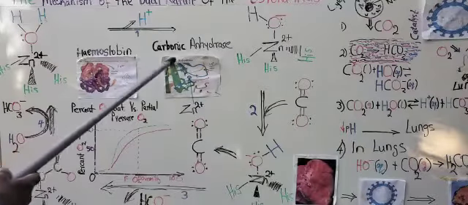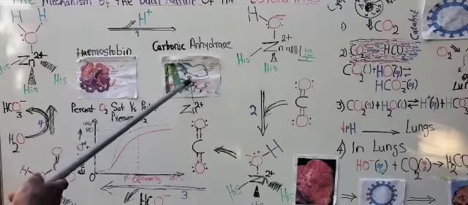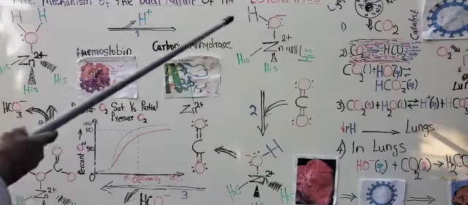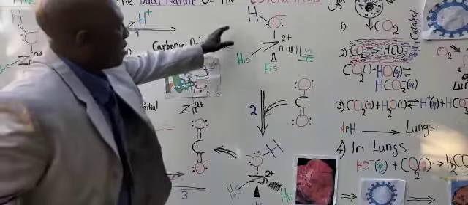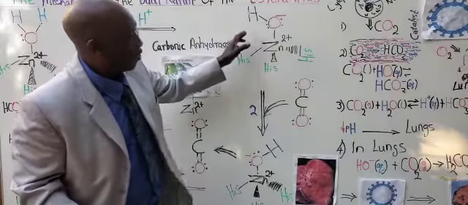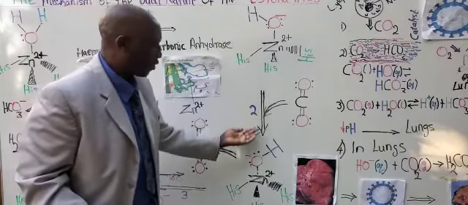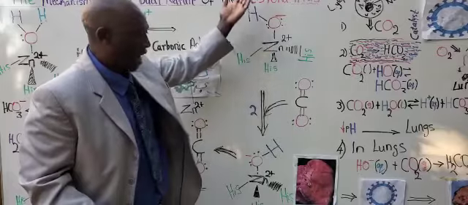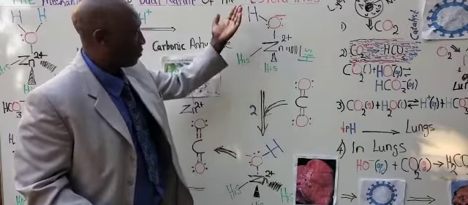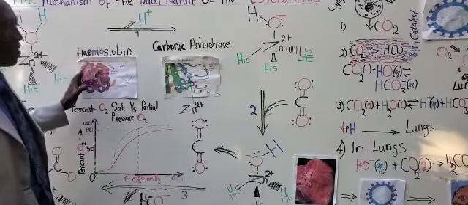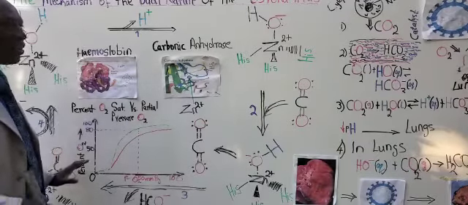Carbonic anhydrase has a zinc ion at its active site. Zinc facilitates the abstraction of a proton from a water molecule that is bound to the active site. This produces a hydroxide ion. Hydroxide is rich in electrons. The hydroxide increases the acidity of the lungs, the acidity of the bloodstream. When this happens, the hemoglobin binds oxygen.